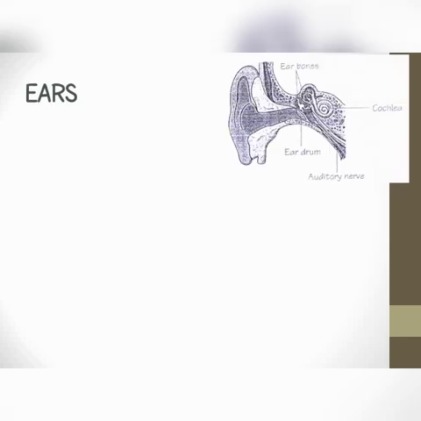We hear with our ears here, friends. The ear gives us the sense of hearing. This is the schema of our ear. This one is the eardrum, and this one is the ear bones. This one is the cochlea, and also the auditory nerve. The function of each part is